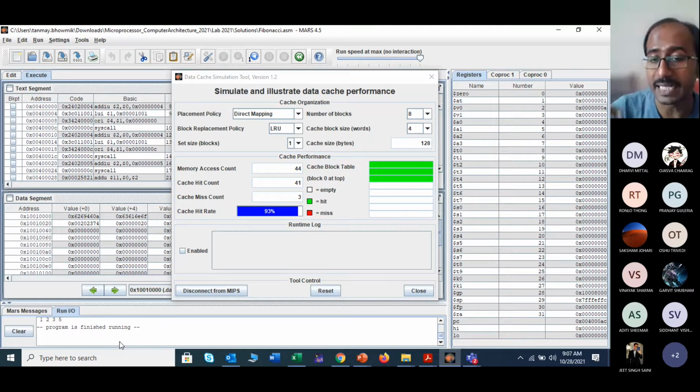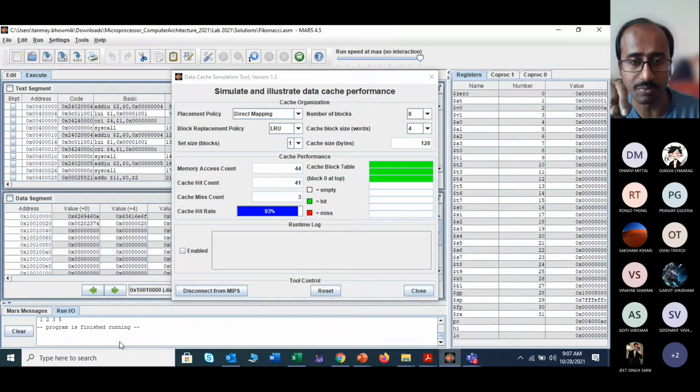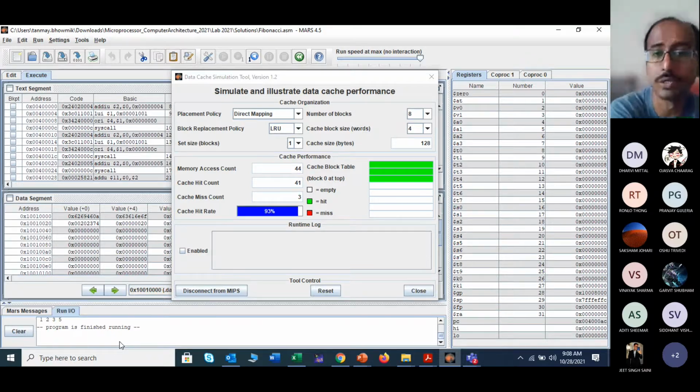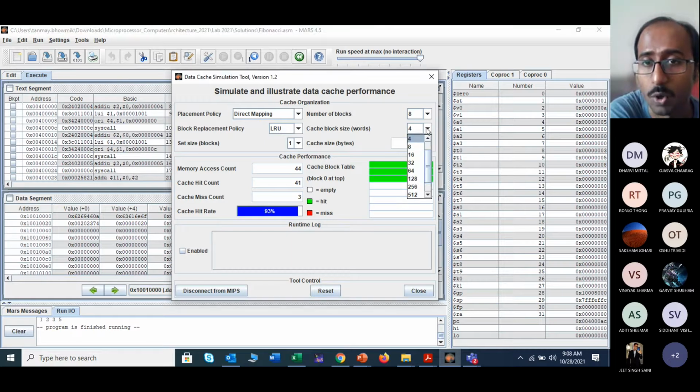Take any small program from your initial assignments. Select one step at a time and check what change is being made in your cache. You can change the mapping technique also. Right now not all the mapping techniques have been covered, only up to direct, so you can check this direct part. Here also, if you change something like the block size, if you put it to 16, the data has been changed.